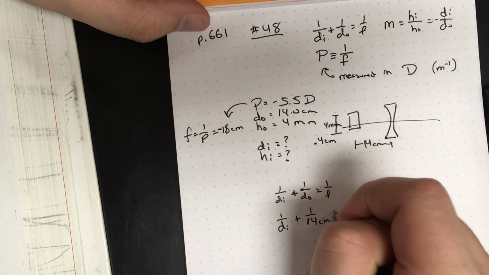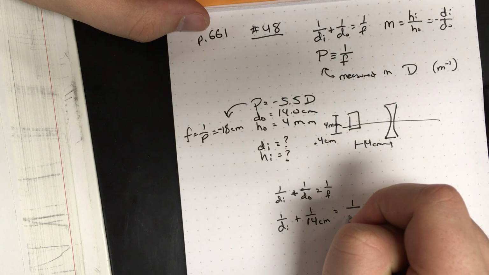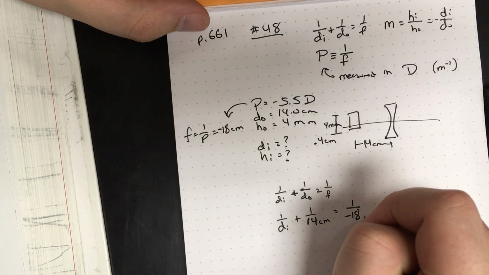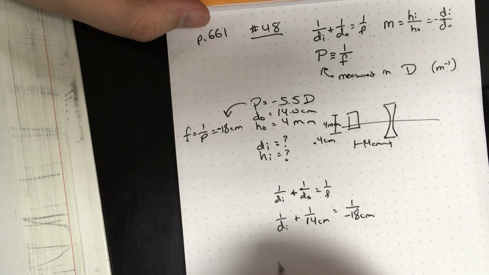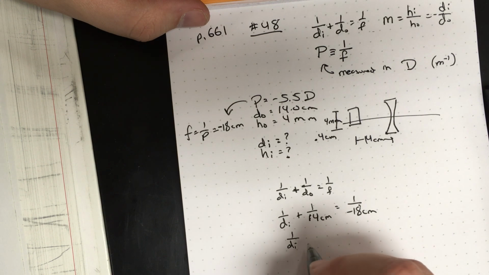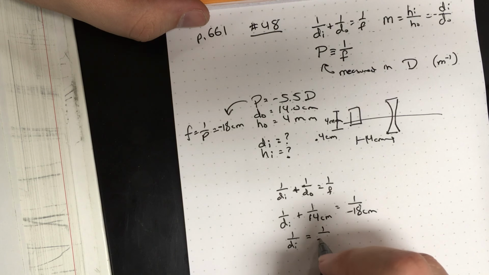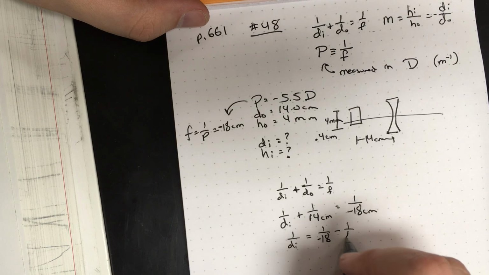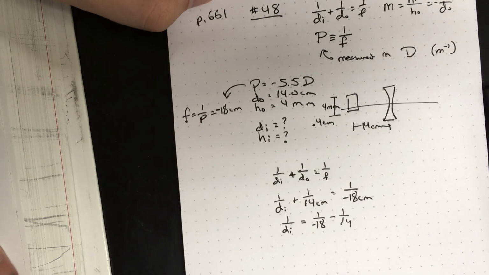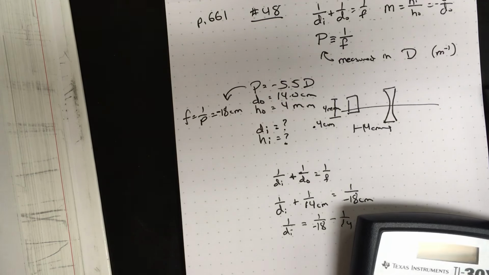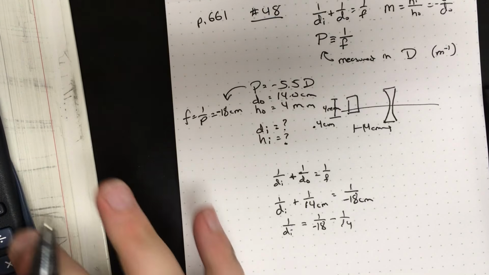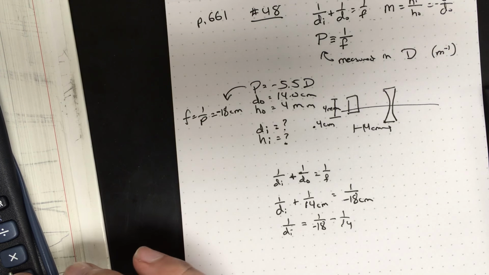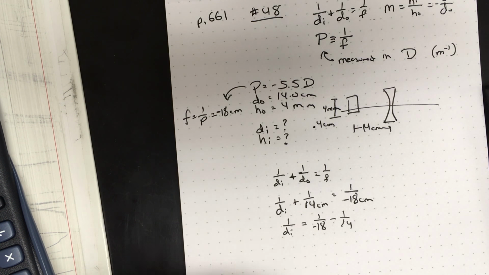So 1 over 14 centimeters equals 1 over negative 18 centimeters. So 1 over di, if I subtract 1 over 14 from both sides, you can get a common denominator. I'm going to just use my calculator and say, okay, what's 1 over negative 18 minus 1 over 14? And you get